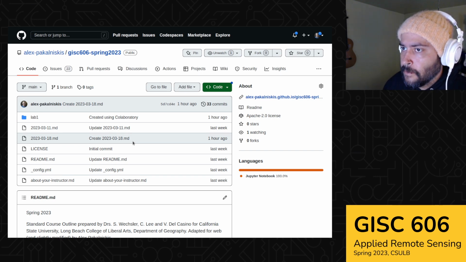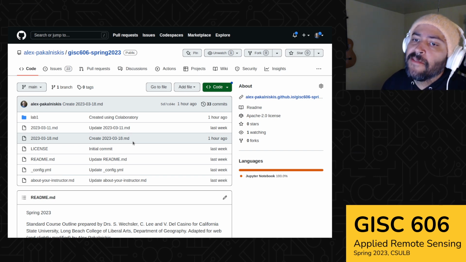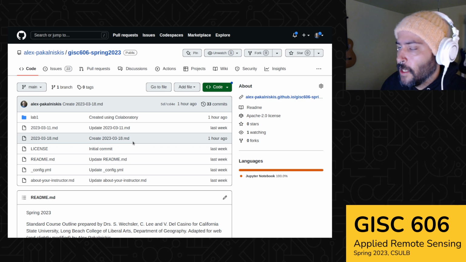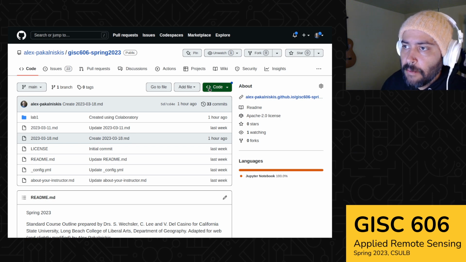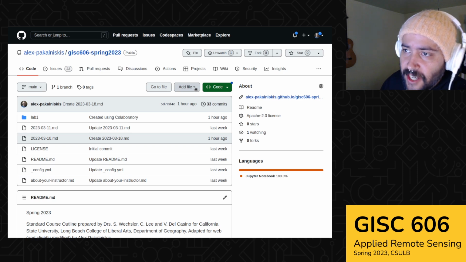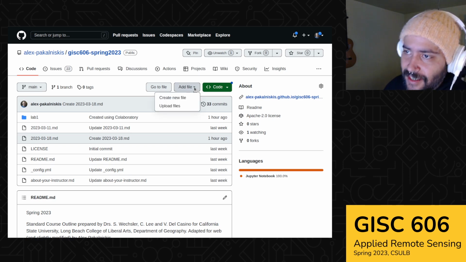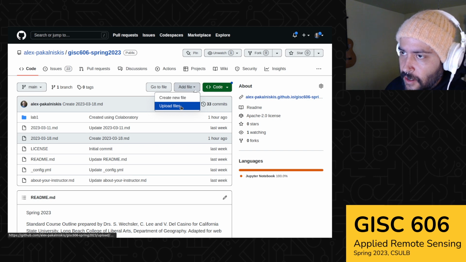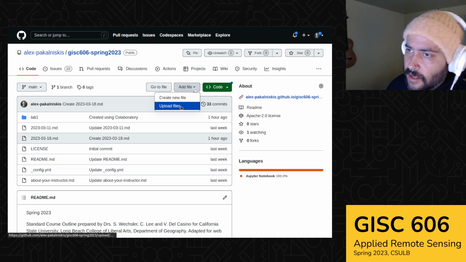It's a bit blurry, but I can tell. Okay. So there should be a button that says code that's green, and to the left of it there should be a file, or like a button that says add file. If you click that and then you click upload files, this will give you the opportunity to select